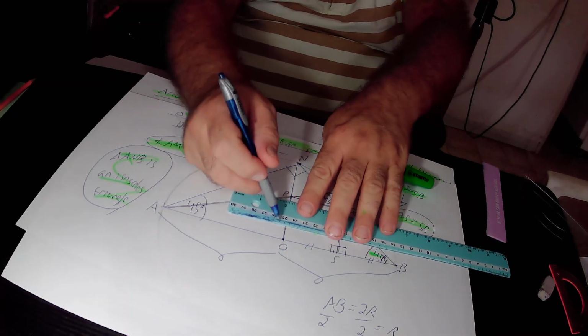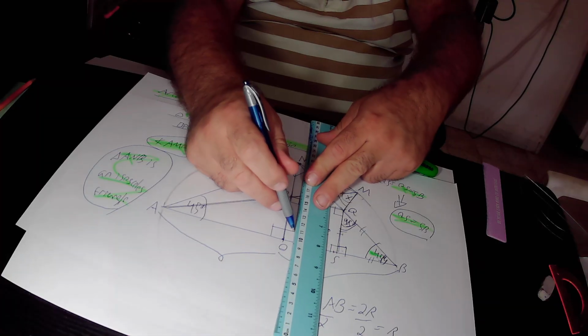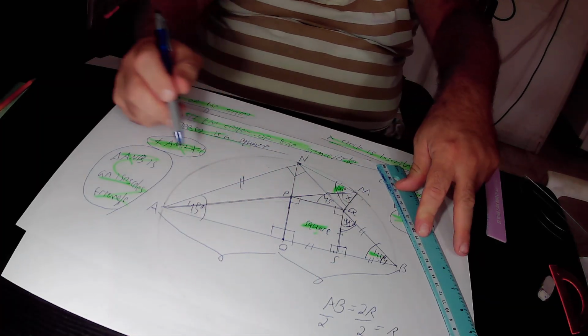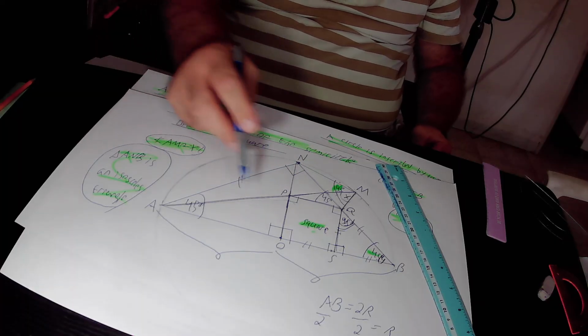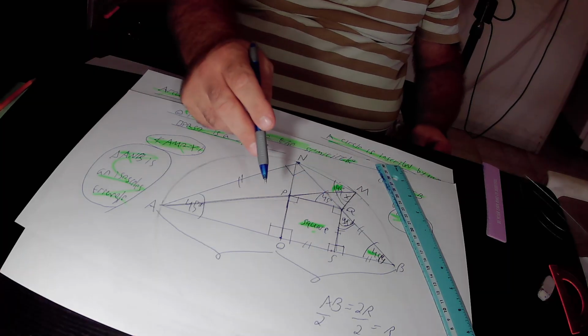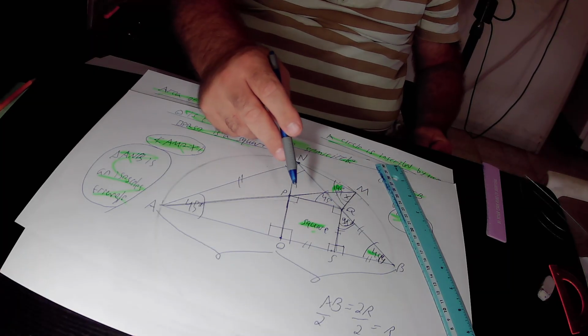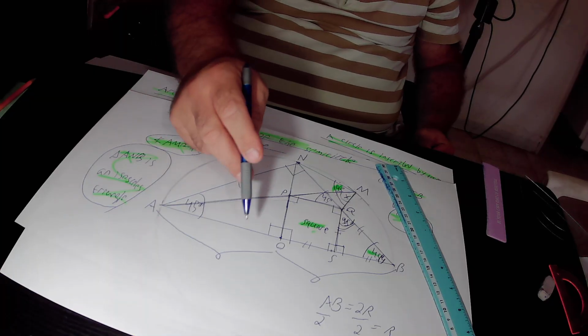So okay, this angle equals 90 degrees, and this angle also equals 90 degrees according to our construction. The perpendicular NO bisects the base AB. The base AB in total equals 2R, because it is the diameter of the semicircle. So each half must be equal to R. The first half AO is R,